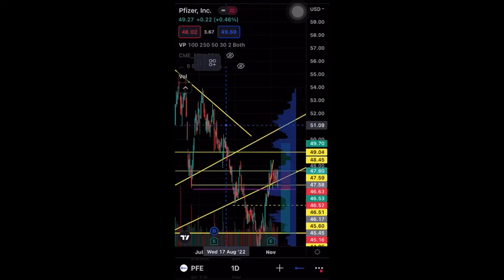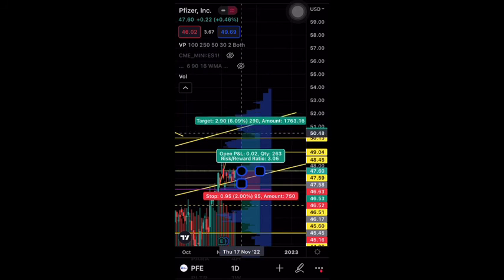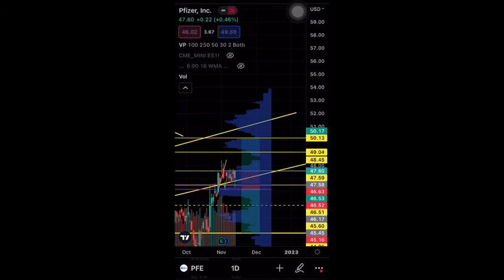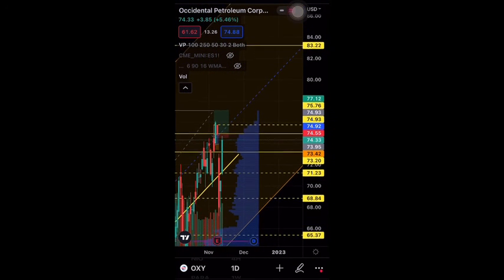Okay, and I can see a level right there. I like that one better. Okay, so I'll use that one. Yeah, that's pretty close. Okay, it'll give us a little bit better risk reward. Okay, so on Oxy,